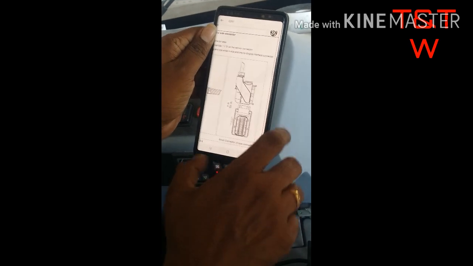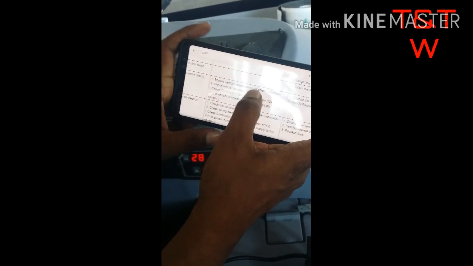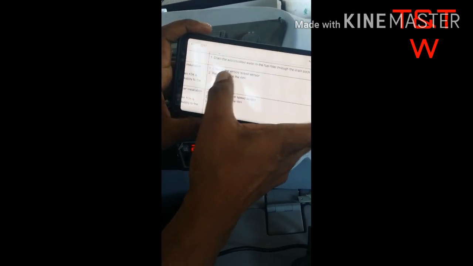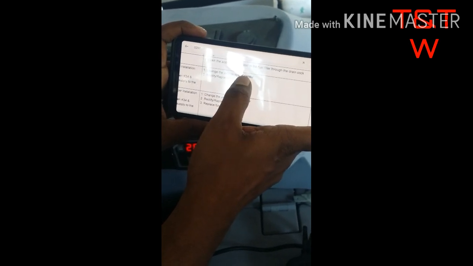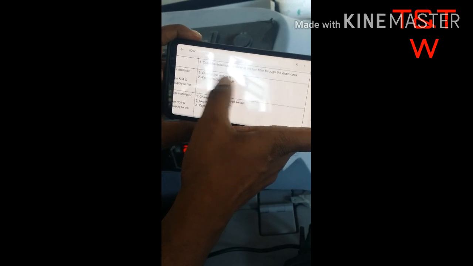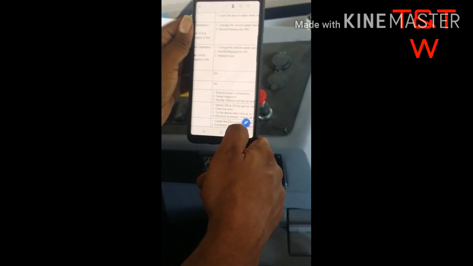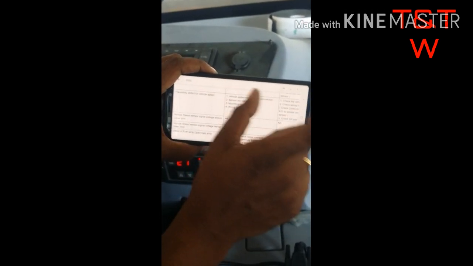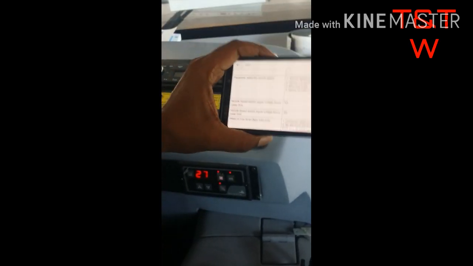0297. Ensure vehicle speed sensor proper installation. If that is okay, check wiring harness. Okay. What are the remedies? Solution: change vehicle speed sensor, or if vehicle speed sensor is okay, check harness, and if continuity is not there, replace the wiring harness. Sensor we cannot check for vehicle speed. Both codes are related to the vehicle speed sensor. So because of the same problem, both codes have come.